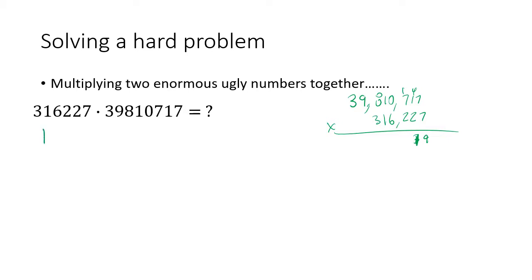We'll talk a little bit about logarithms in a minute, but if I could just say that 316,227 is the same thing as 10 to the 5.5 power, and I could say that 39,810,717 is the same thing as 10 to the 7.6 power, well then I can know that if I'm multiplying these together, the product is just going to be 10 to the 13.1 power, because this is an exponent rule. I have the same base there, so if I add the exponents, it's 10 to the 13.1 power. And then if I just had some way of knowing what 10 to the 13.1 power is, in fact, it's 12 trillion